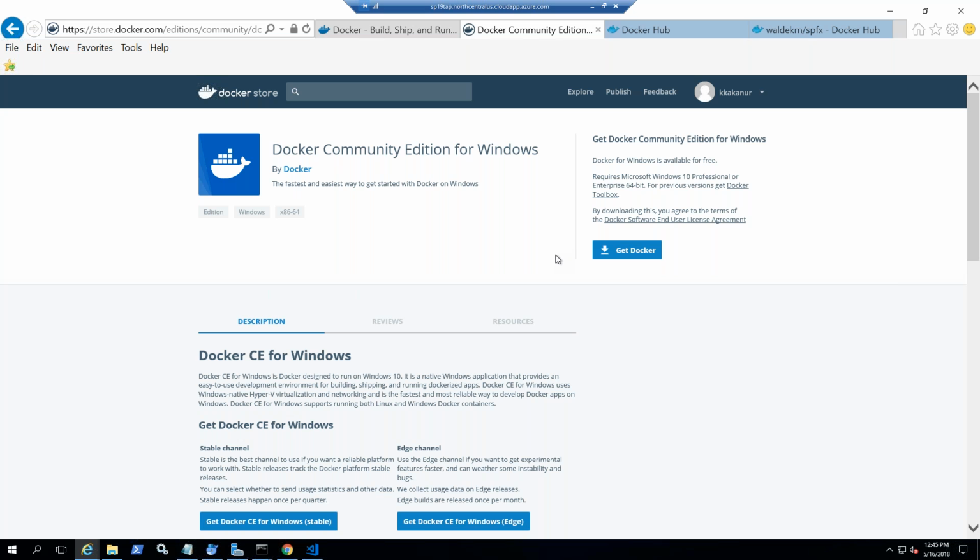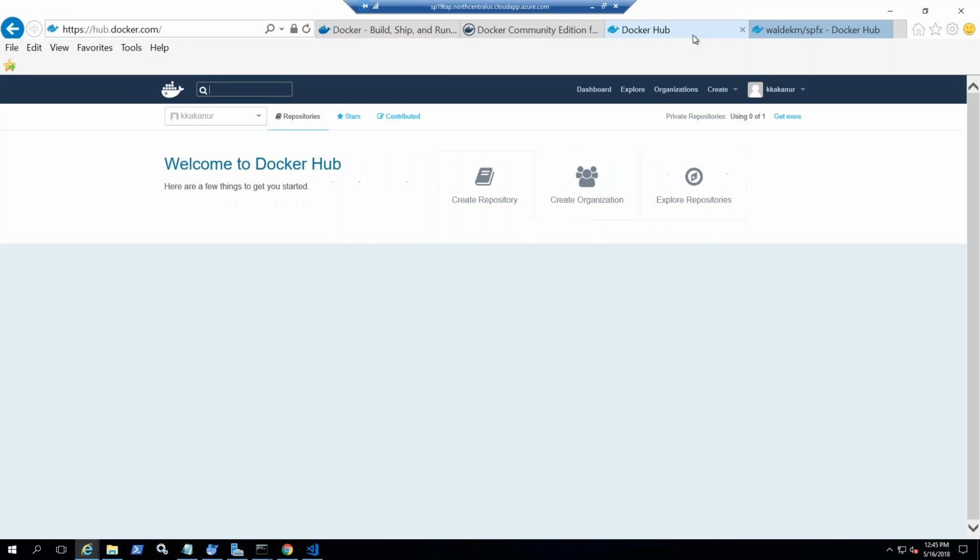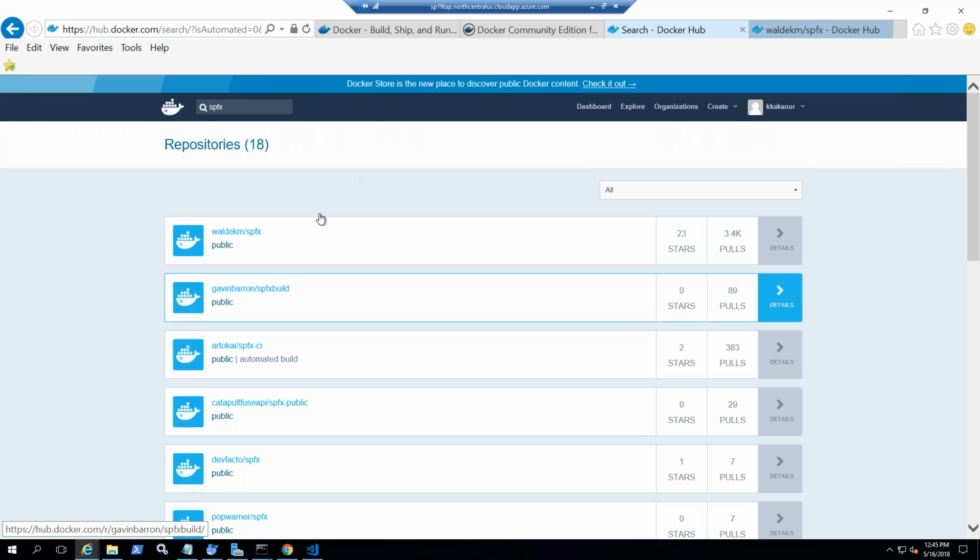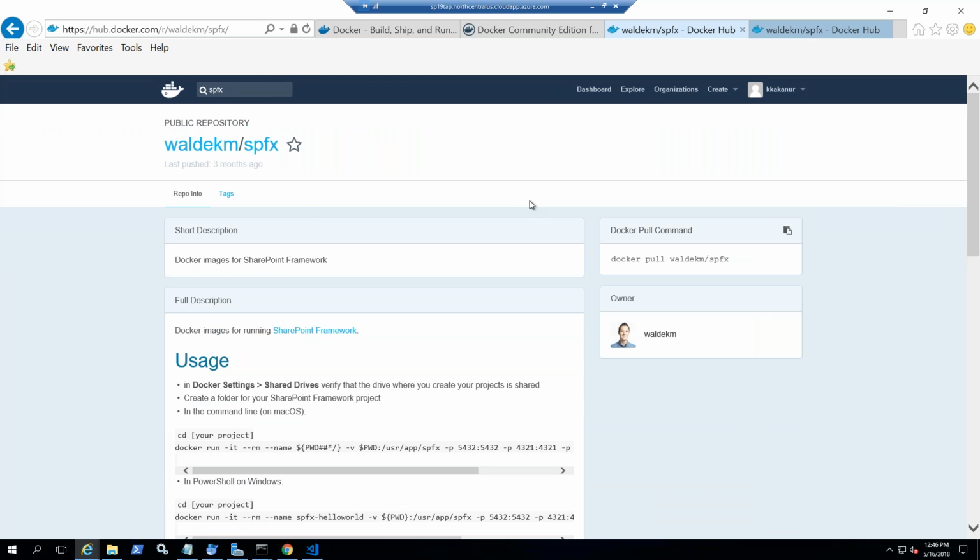But I want to share some of the links that I had on the slide. If you're using Windows, you would install the Docker installer from here. And I believe there's an equivalent for Mac as well. Docker Hub is where you would go once you've set up your Docker and want to get started on some SPFx development. You would go to hub.docker.com and search for SPFx, and we should see a few hits. The very first one is the one that I've been using. If I click on that,